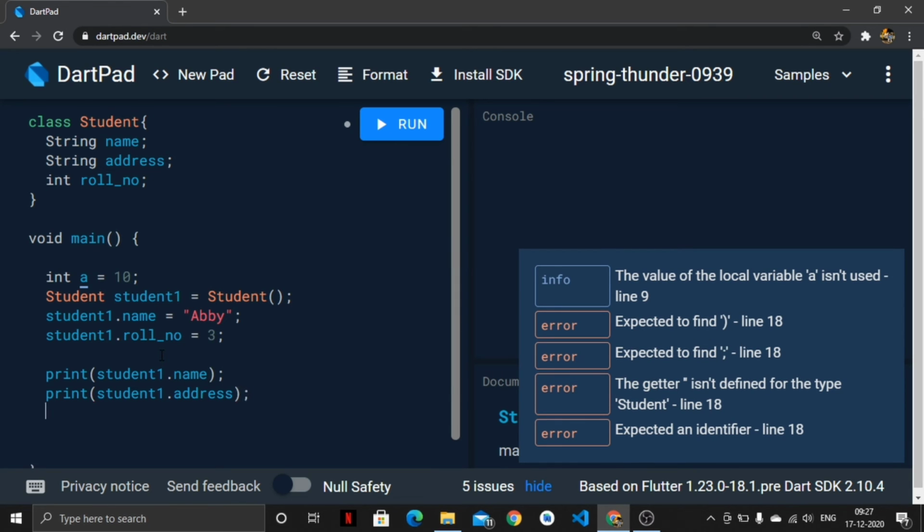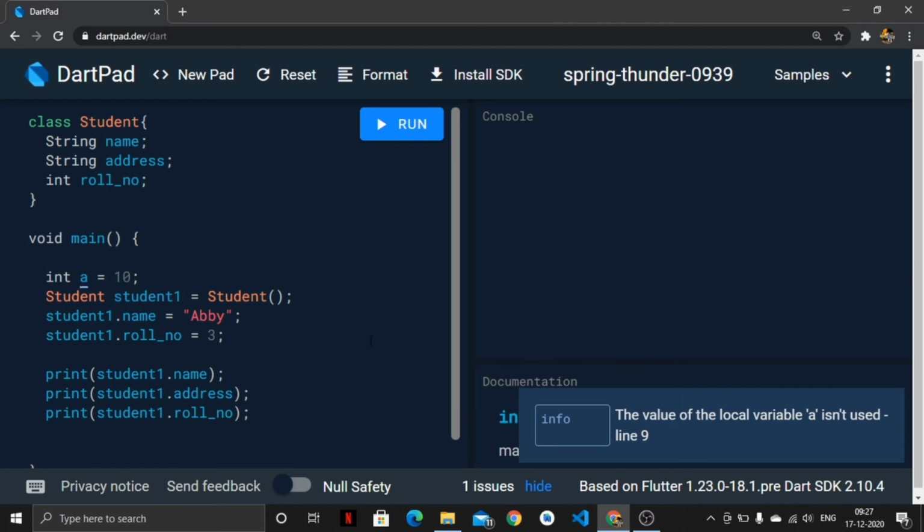You will see that it would be null. Then print student1.rollNumber, and this would be 3. When we run this program, we can see name, address and roll number. Abby is the name, address is null because we didn't specify it earlier, and roll number is 3.